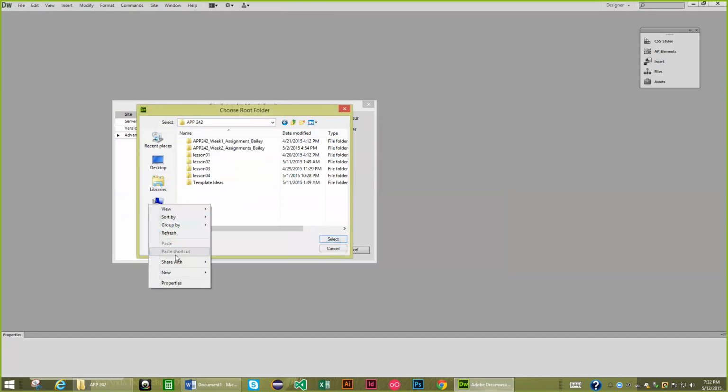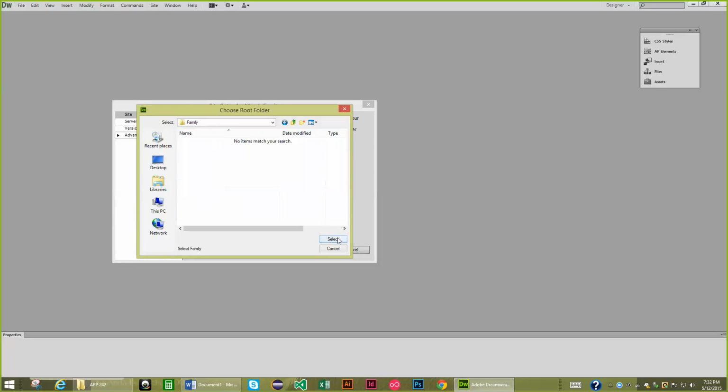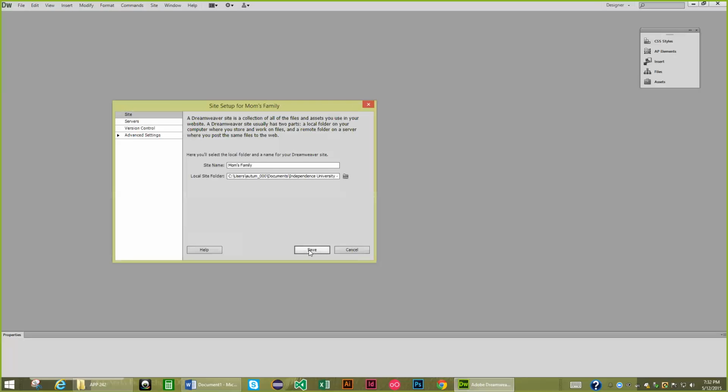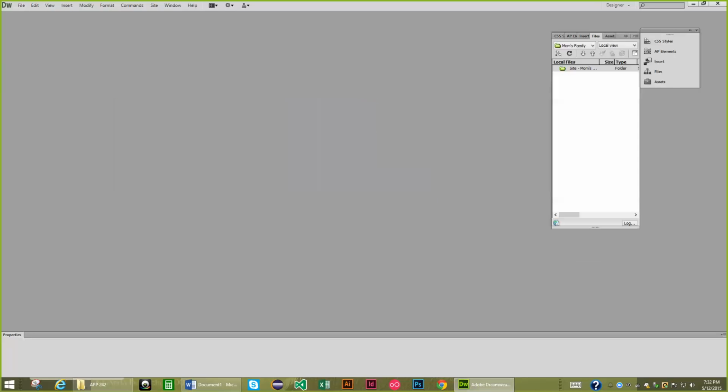You can create a new folder here if you like. Oops. And I'll just name it family. Sure. Then I open it, select, there's nothing to select, and then just save. Yeah. Okay. All right, so